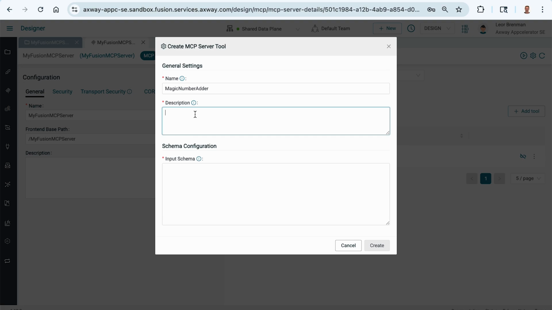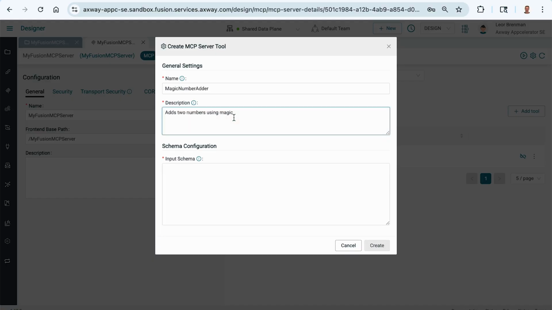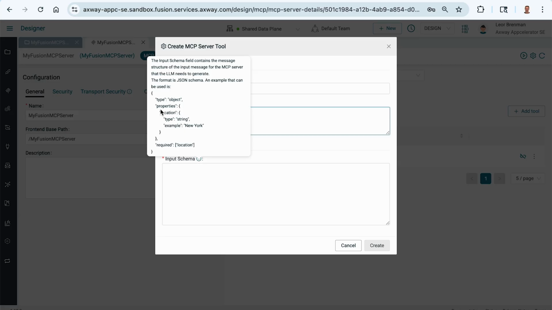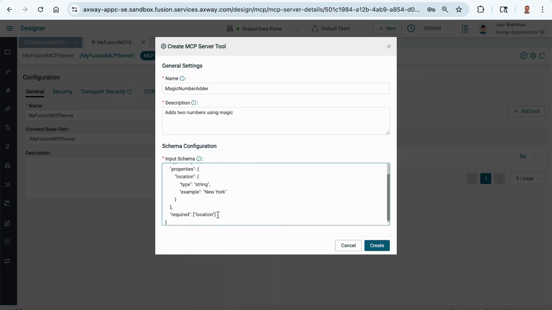And again, the description is really important. And our description is going to be adds two numbers using magic. And again, recall the schema, which helps us define our inputs. And the last time we had a schema with no inputs. And this time we are going to have